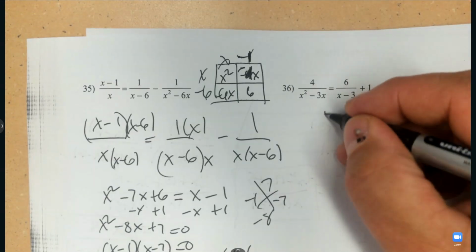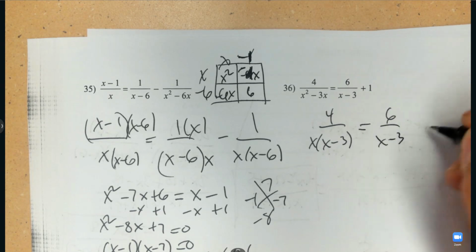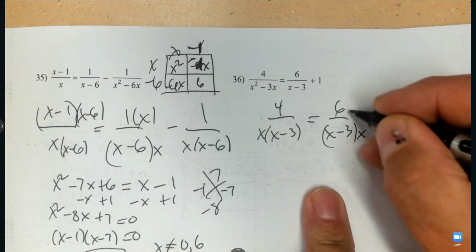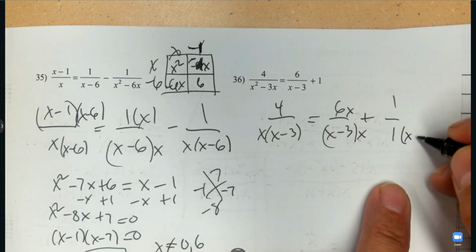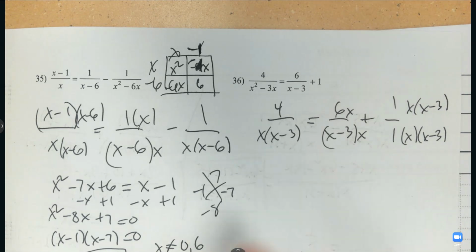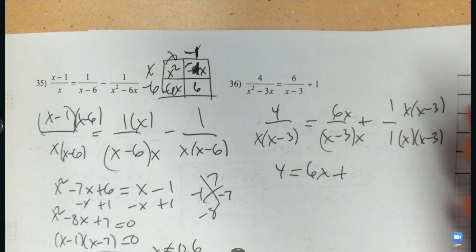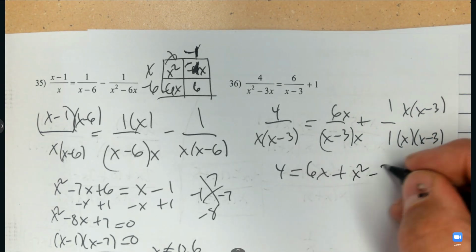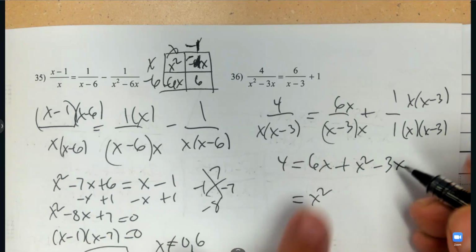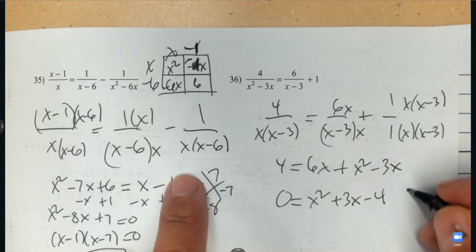All right, last one like this. We're going to factor out an x. And then we're going to multiply to make the denominators the same. So the first one needs an x, and the second one needs x and x minus 3. Now all the denominators are the same, so I have 4, I have 6x, and then if I distribute here, that's x squared minus 3x. I'm going to make sure the order is good, so I'm going to put x squared. 6 take away 3 is positive 3x, and I'm going to subtract 4, make it equal to 0, and then